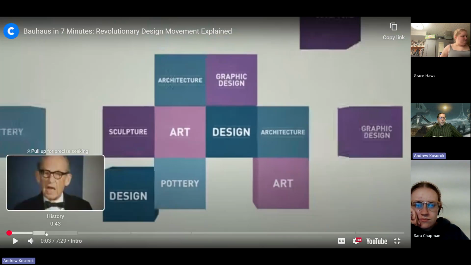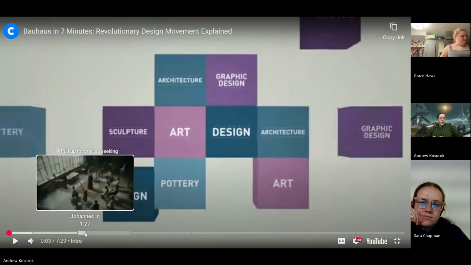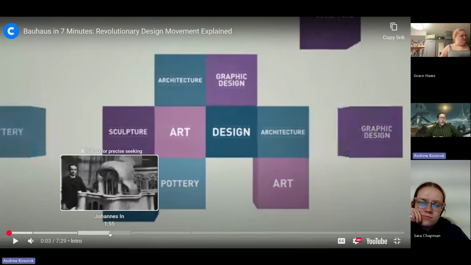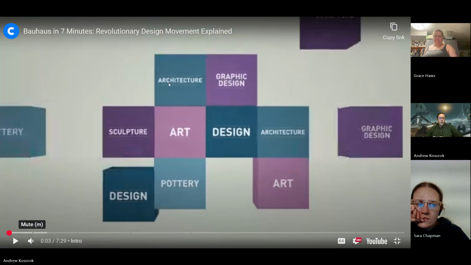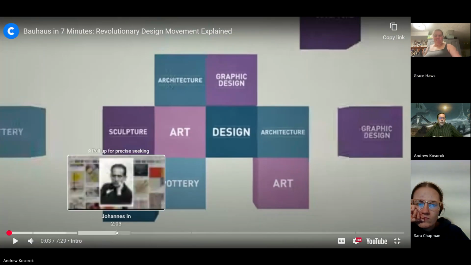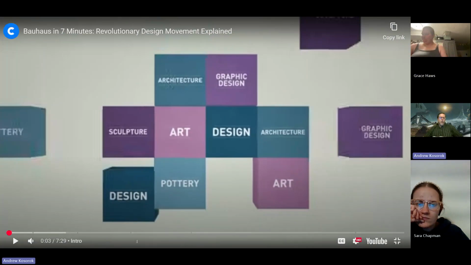I want to watch this. I'm hoping. Did we already watch this? This one? Like about a week and a half, 2 weeks ago? Did we already see it? Because there was one that I showed that I thought was a lot shorter than this, that had similar graphics to it. But I didn't think it was this one. Was it this one? I don't remember. Okay. Well, if you've already heard it, please speak up and let me know. But I'm pretty sure we have not watched this one before.